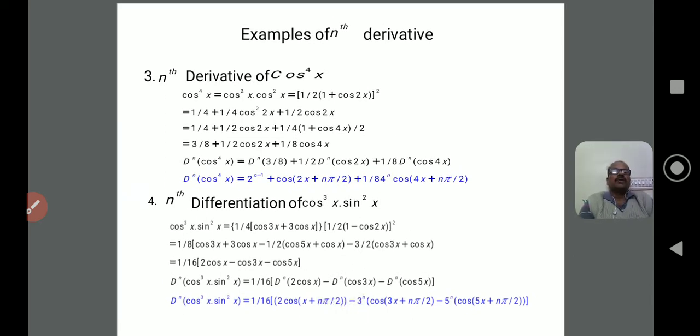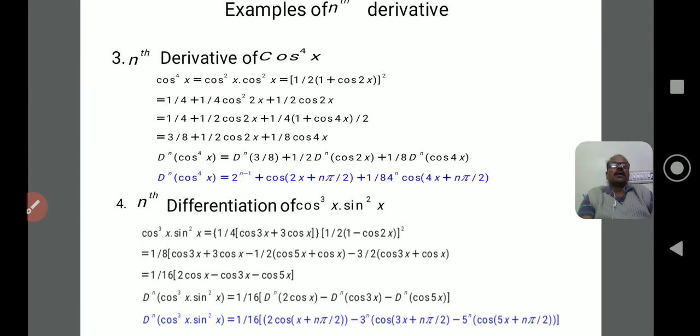Okay, first I would like to take the first example, the nth derivative of cos to the power of 4x. Okay, it is very simple. In the nth derivative or successive differentiation, we can observe that in all the functions the power never exceeds 1, means it is a linear form, all the results are in linear form. We can take e power x, x to the power of m is a polynomial, it has an nth derivative, nth order, no problem.